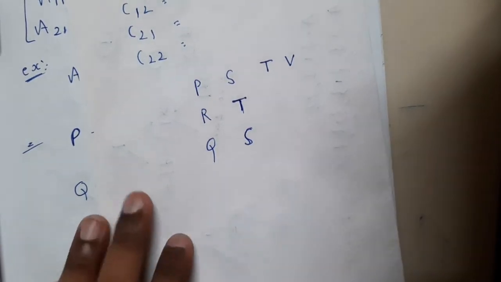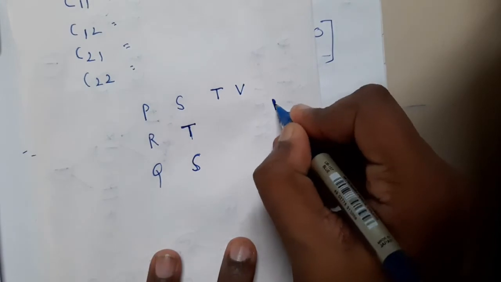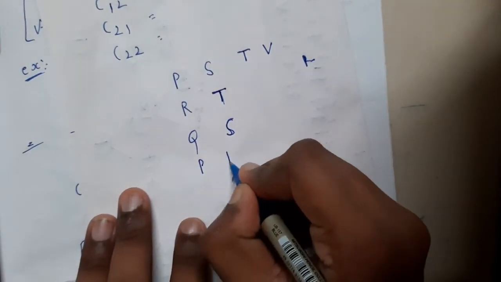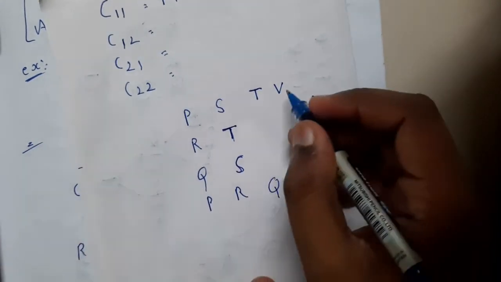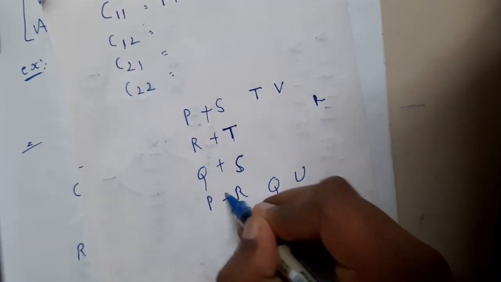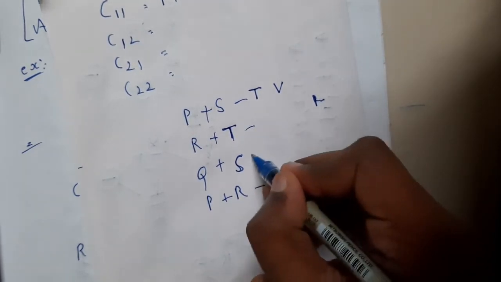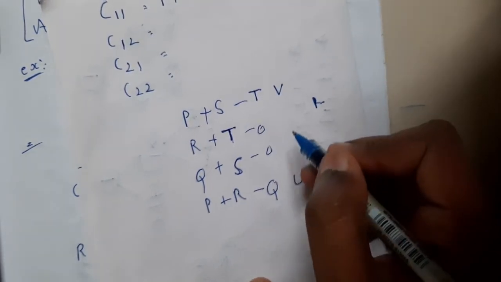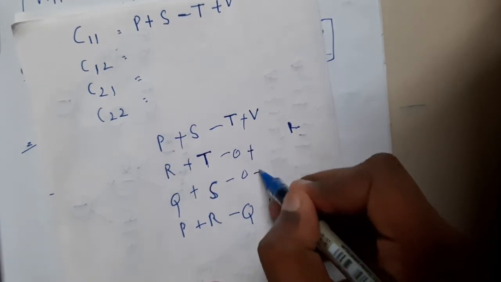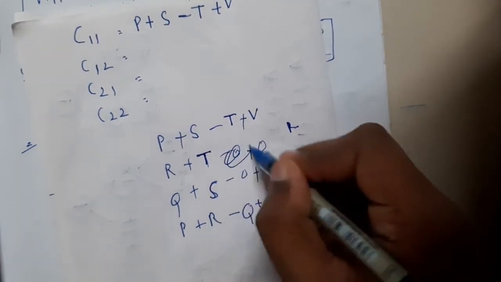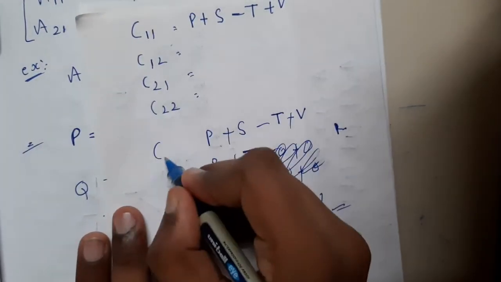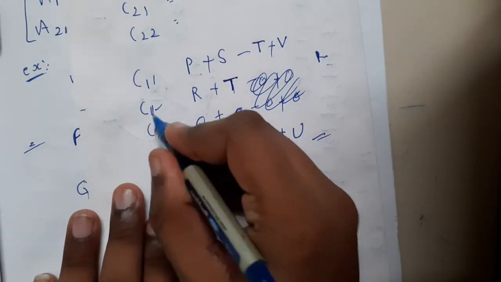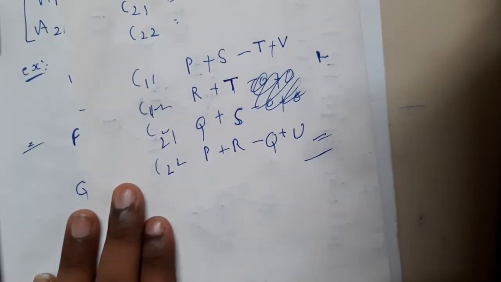Similarly we are having priority Q, right? Priority Q. So priority, so PR, Q, QU. Remember in that way, guys. So write all pluses. Here minus minus. Here there is nothing. So you can even write minus 0 0. And here again you will be writing plus plus 0 0. So these are neglected. So you will be getting this as the result. This is nothing but C11, C12, C22, C12, C21, C22. So we got all the results.